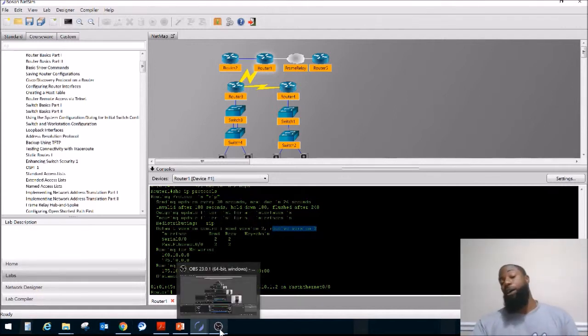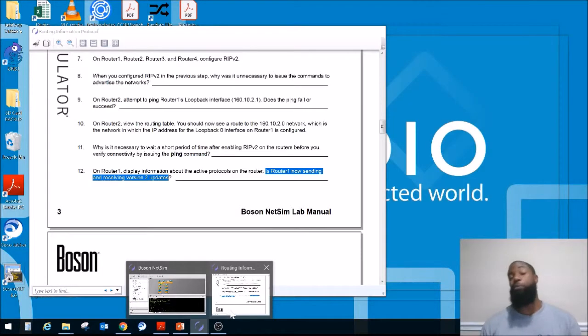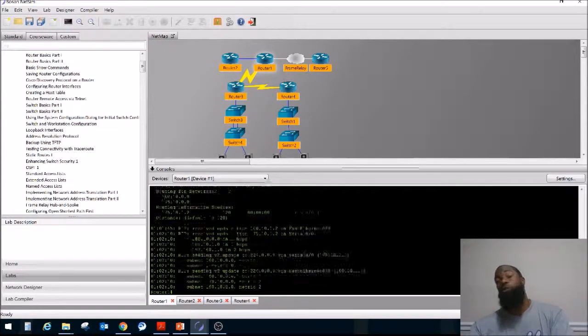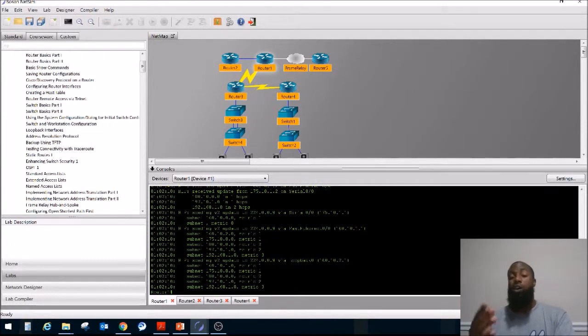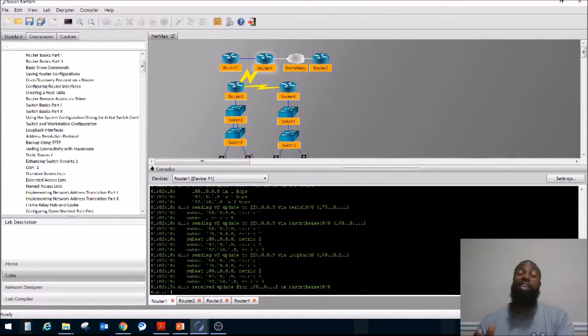Anyways, that's enough of my roid rage, my rant about the RIP routing protocol. We still have to learn about it for some reason. If you are a network engineer or a network technician, or you are in the IT field and, God forbid, you are working on a network that is running the RIP routing protocol, please comment